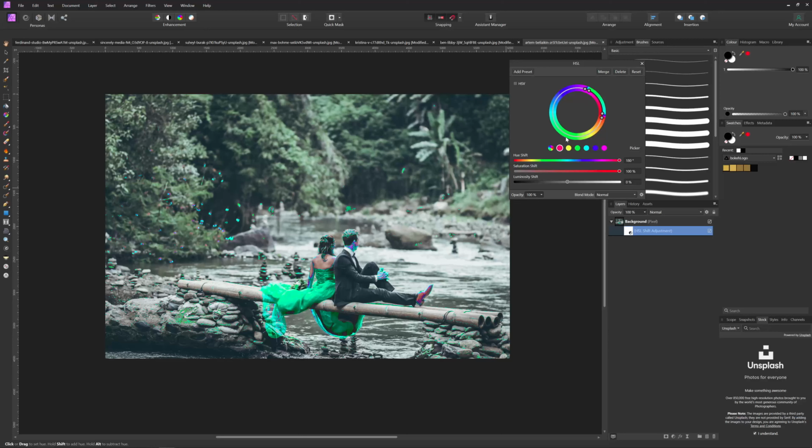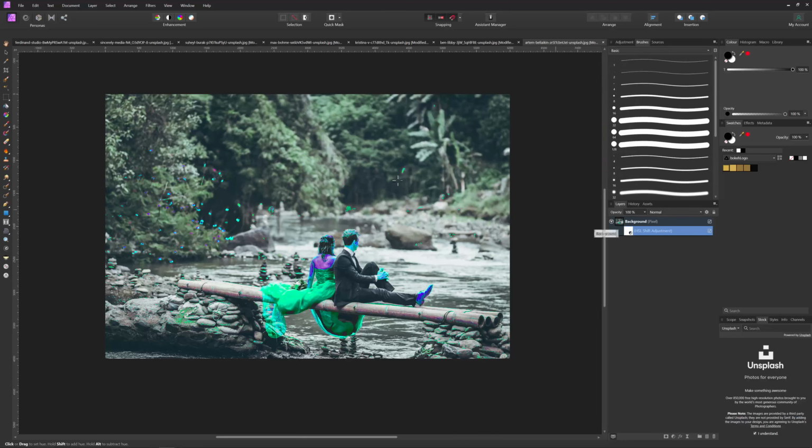Yeah, pretty much there's that. And now we need to actually mask this. So pretty much, let's pick the HSL adjustment layer and fill it up with black color. Okay, great. The mask is black, nothing is visible. Now we can use the brush tool with the white color, 100% white, and we need to paint only on